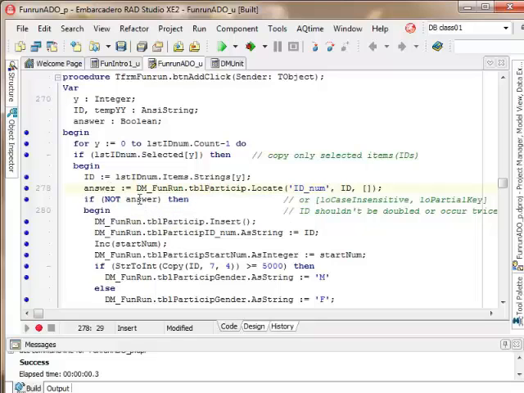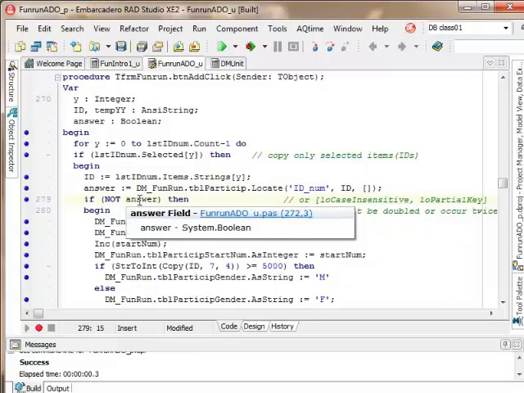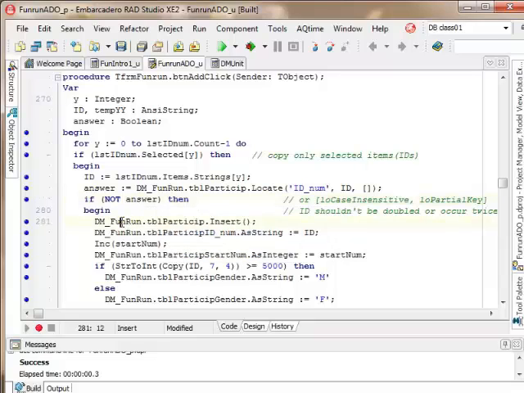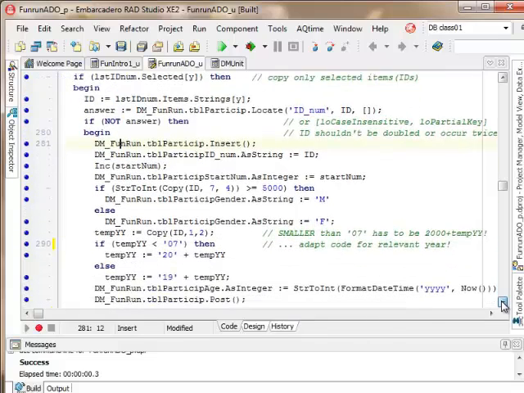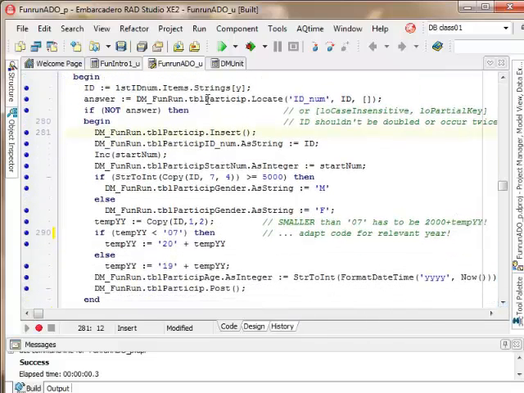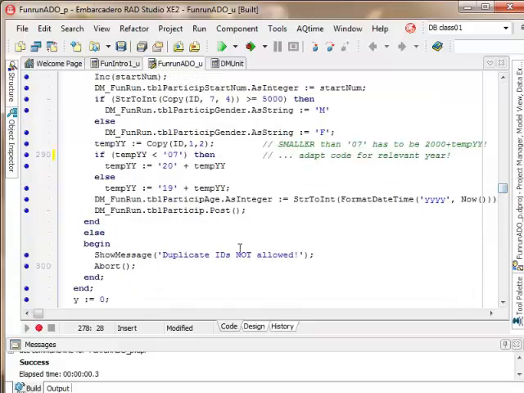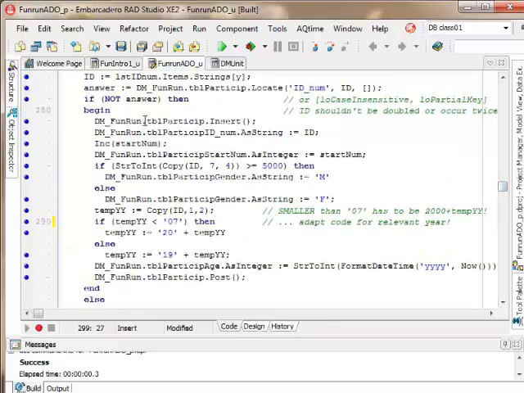The moment we are not getting that answer, that means that ID does not yet exist. We can go on and can add that specific ID to the participants table. And of course, if it would have been found right up here, we shouldn't add it. So we should come up with some error message. Let me first just type it in there. Duplicate ID is not allowed. So here you see a brilliant, nice second method of double checking for